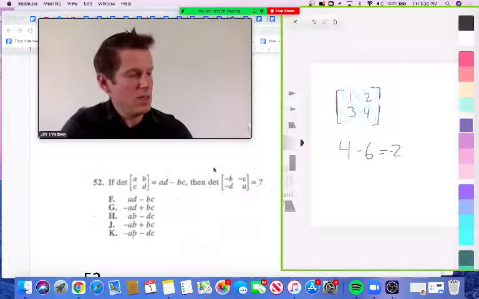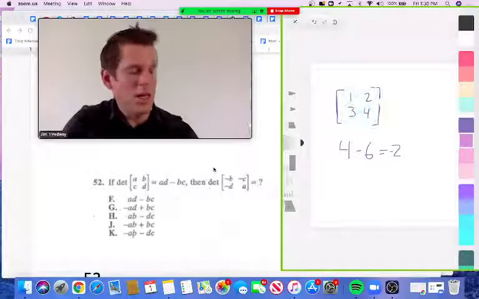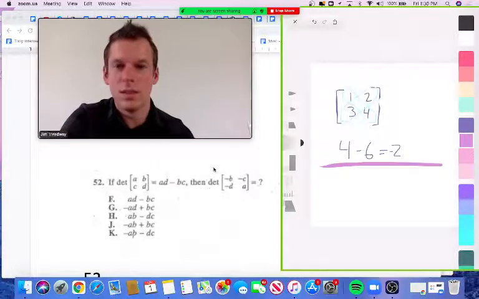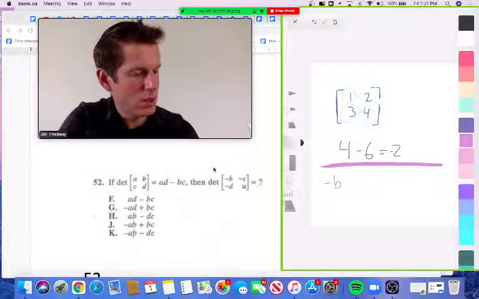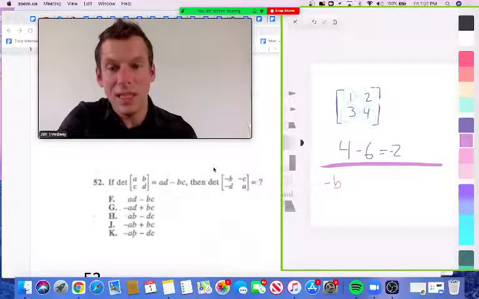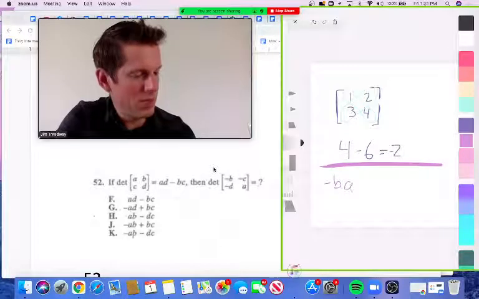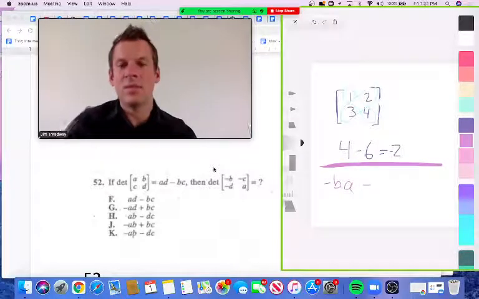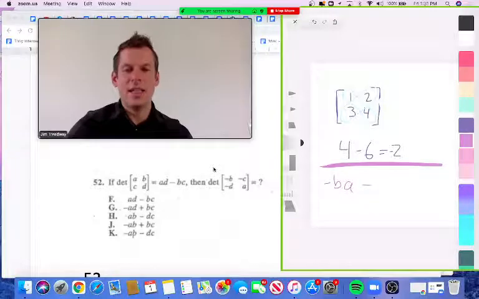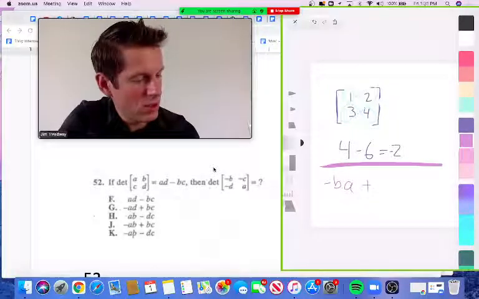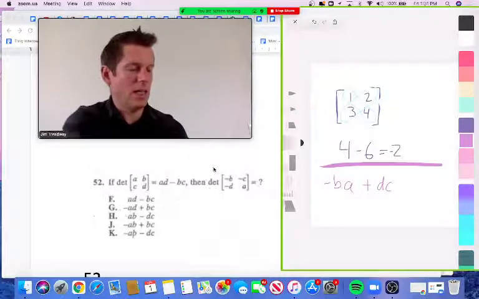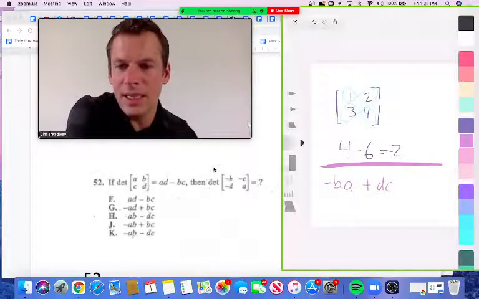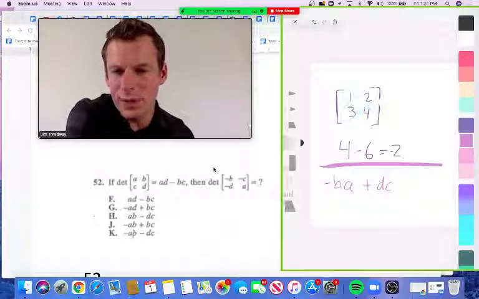In question 52 here, our determinant is going to be -b times a, which would be -ba. Top left times bottom right. And then -d times -c, which is plus dc. And so if our answer is -ba plus dc, it's going to be answer choice